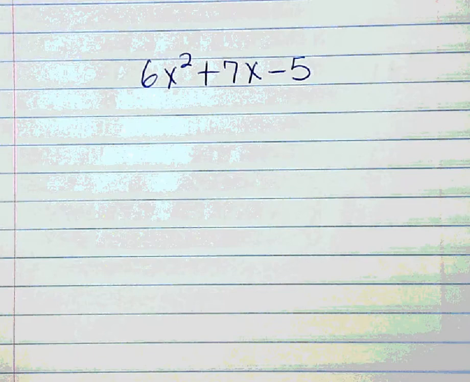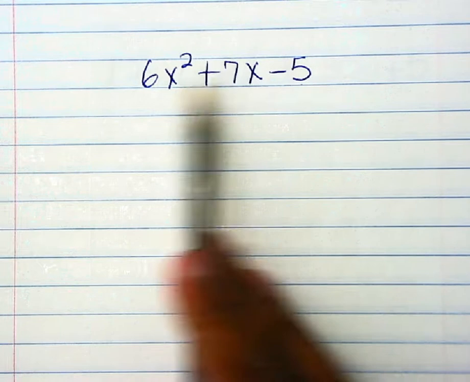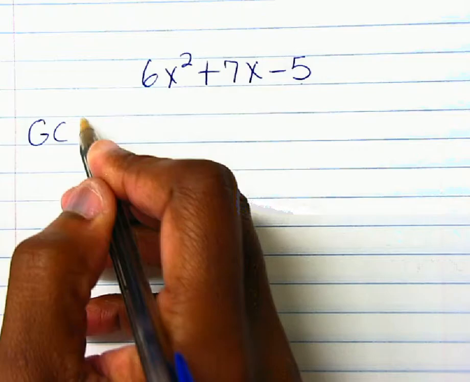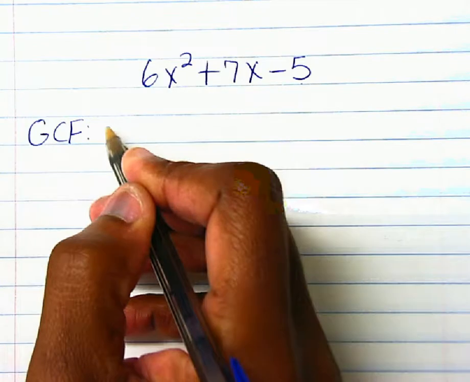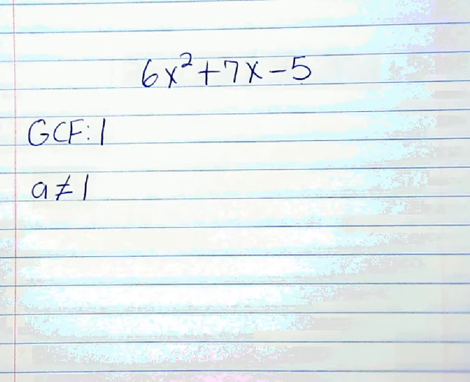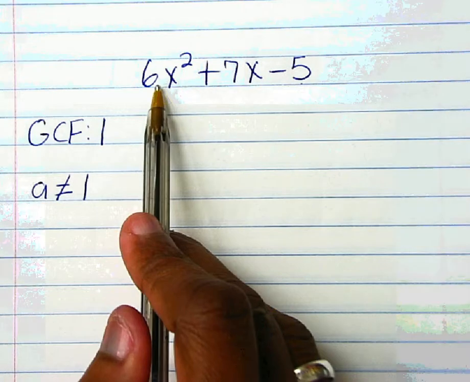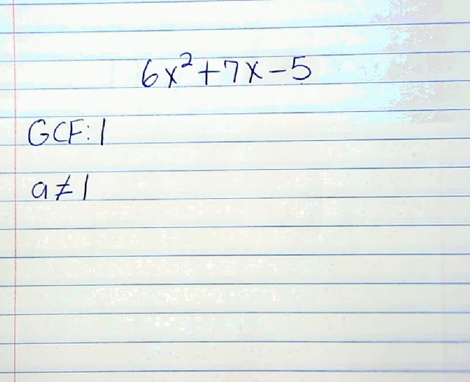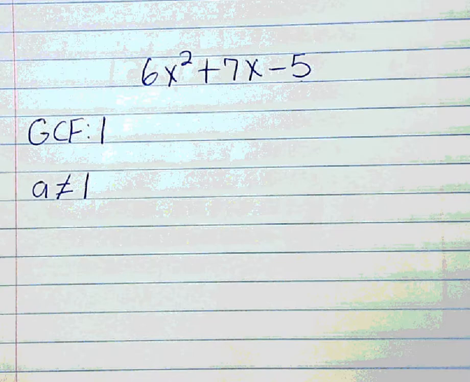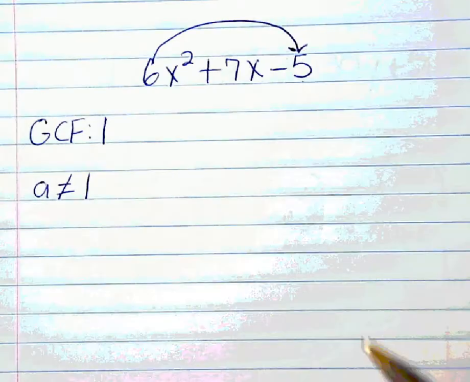Okay, this time I have a trinomial. It does not contain a greatest common factor other than 1. But I notice that my leading coefficient is not equal to 1. And remember, the leading coefficient is the number in front of x squared. So I'm going to use a method called bottoms up. And if you look on your graphic organizer, it has the steps. Step number 1 tells me to multiply a times c so that I can force this to be